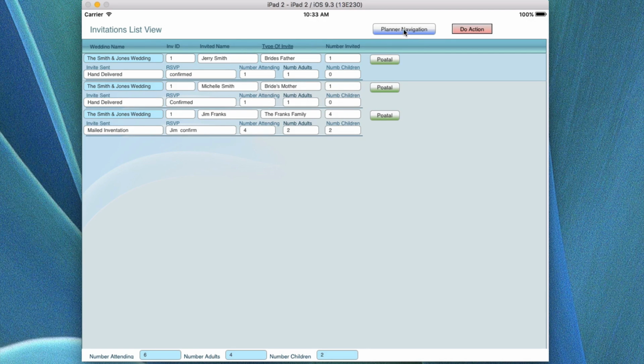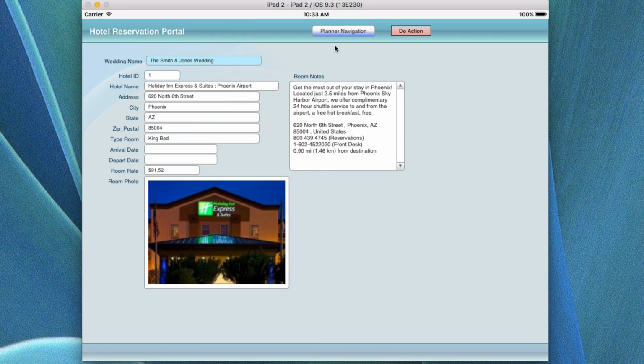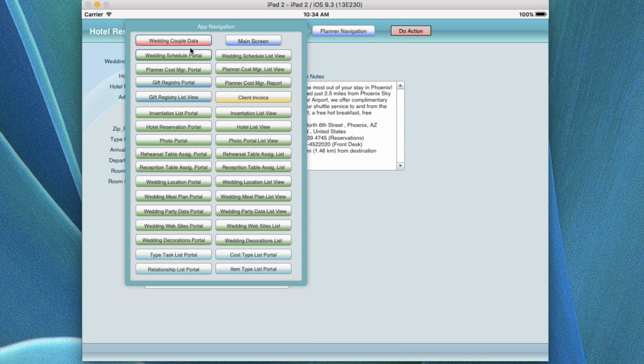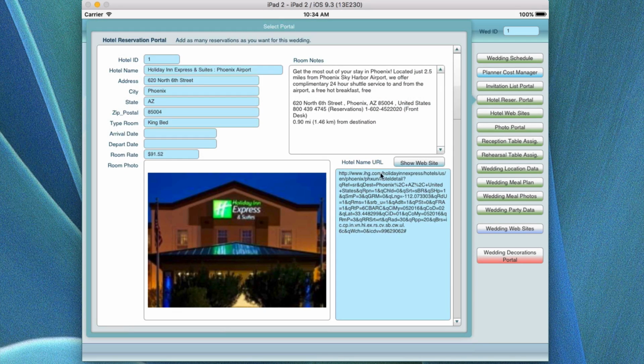Okay, so let's go ahead and go to the next one. The next one is the hotel reservations, which is also included on the wedding portal. And hotel reservations, why would you have hotel reservations? Well, when we created the application, we were creating things that would be useful depending upon a wedding, and every